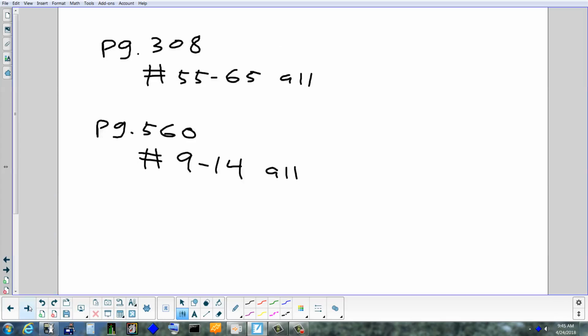Okay, so homework tonight on 308. That's the conversions between rectangular and polar, 55 to 65 all. And 560, that's the complex numbers adding and subtracting, 9 to 14 all. Okay, don't forget I will be after school tomorrow if anyone needs extra help. And we'll have our second to last test for the course on